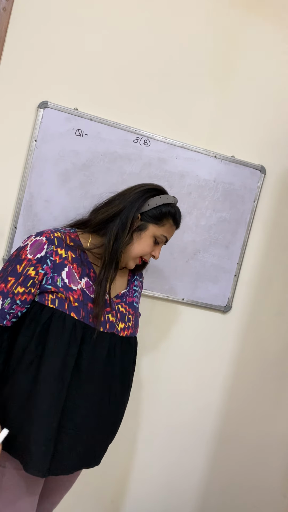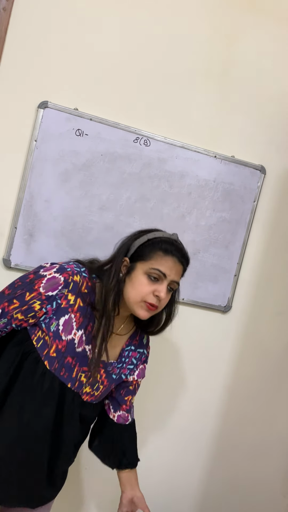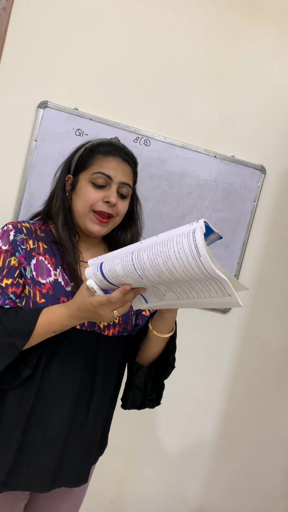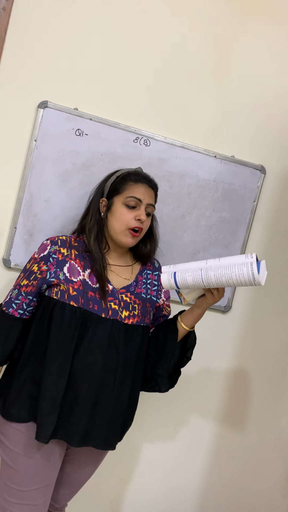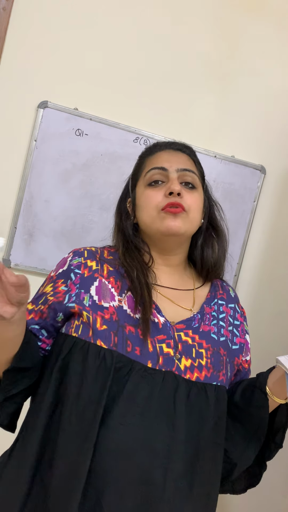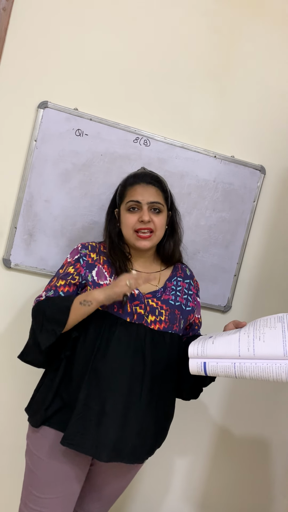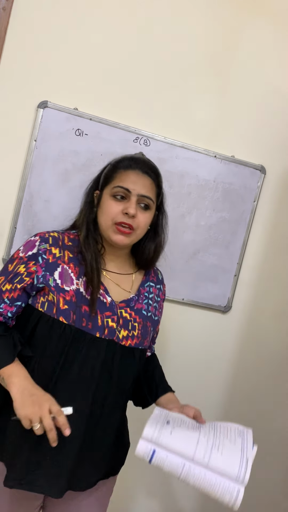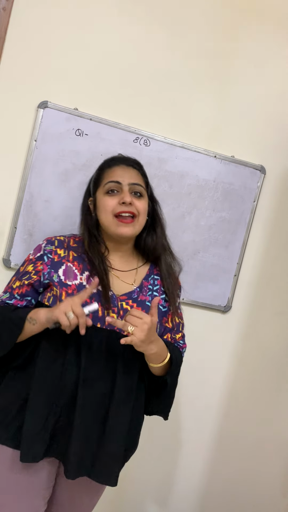A man whose income is 576 rupees a year spends 432 rupees a year. What percentage of his income does he save? They are saying a man is there whose income is 576 rupees and he is spending 432 rupees a year. You have to tell what percentage he saves. They have given us the information of earning and spending. We have to calculate the percentage of saving.